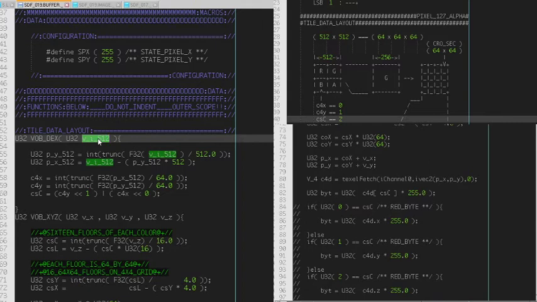When we store it in a 512 by 512, we want to keep a similar layout to the 256 by 256, right? And the idea is that eventually when we're actually using a 512 by 512 texture,